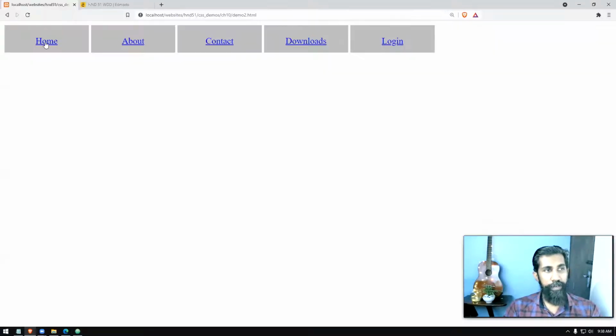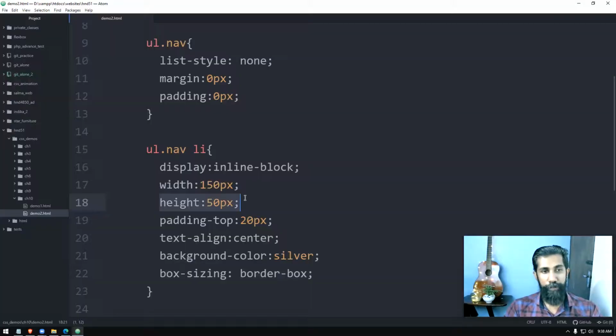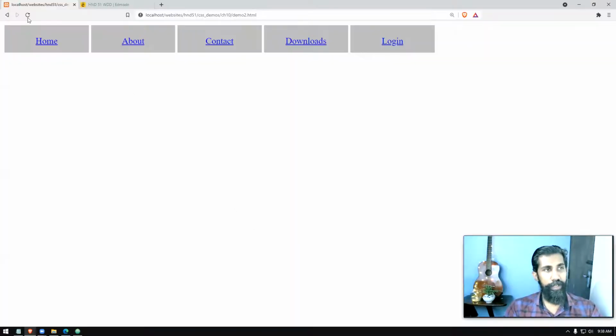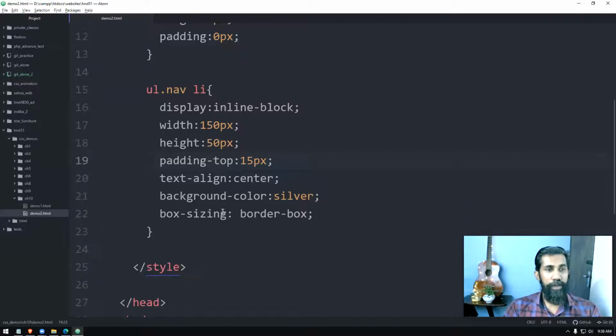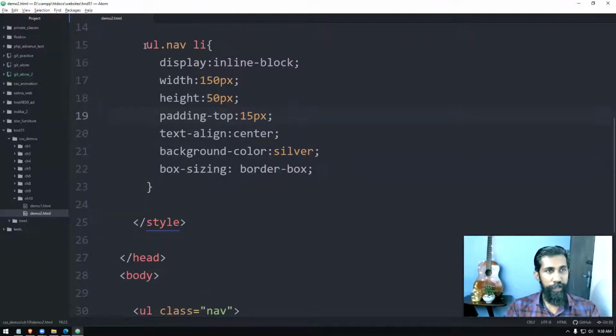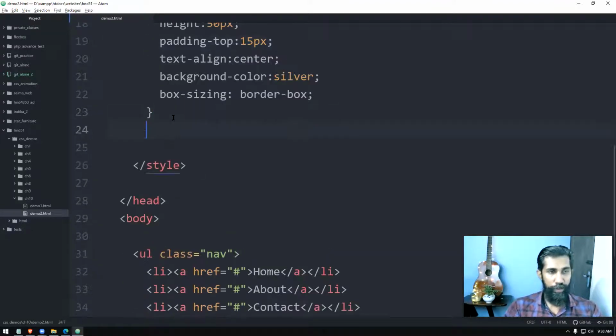Then we have to get rid of the underlines and all. It will be fine. For the time being, it looks okay. If it is not enough, and you want to make it a little bit up, you can make it like that. It will go up like that, right? Okay. Now the list item is okay, so now we will work with the other part.